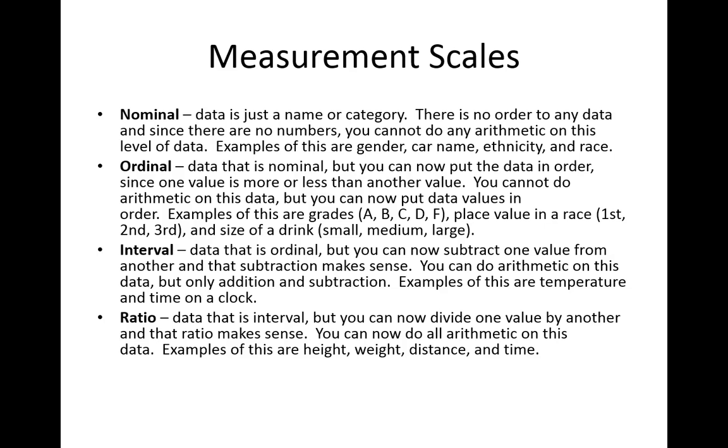You can do arithmetic on this data, but only addition and subtraction. Examples of this are temperature, like how warm or cold in Fahrenheit or Celsius is it outside, and time on a clock. Okay, so when you look at time on a clock, like 1 p.m., 3 a.m., 3:30, 5:30 p.m. or a.m., those times there are examples of interval data. They're quantitative, they're numbers, but they're